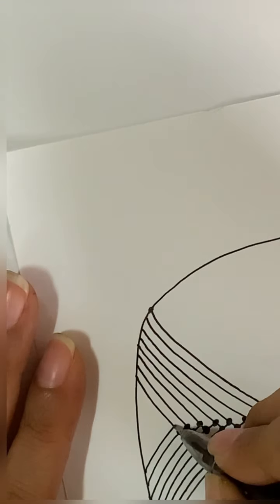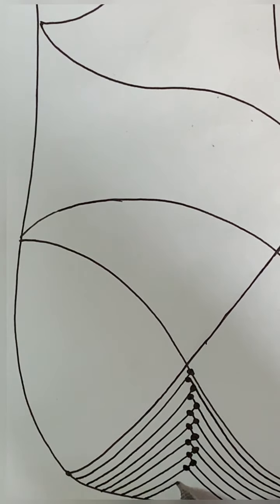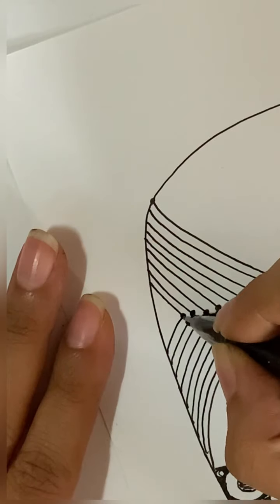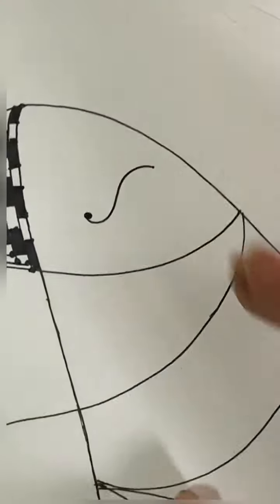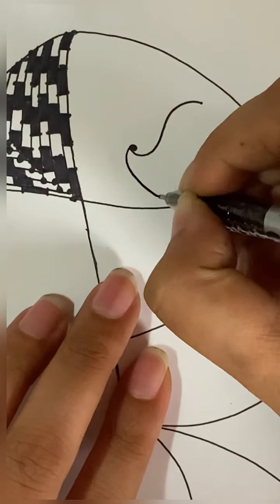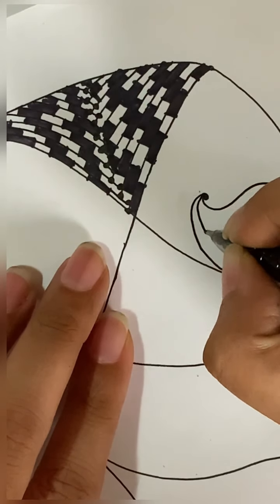So I start from the bottom and I land on the top part of the opposite edge. Then I'll divide it into multiple sections and fill in alternate sections with a darker shade. In the next section, start with the S and draw curved lines emerging from one corner and landing on one of the edges.